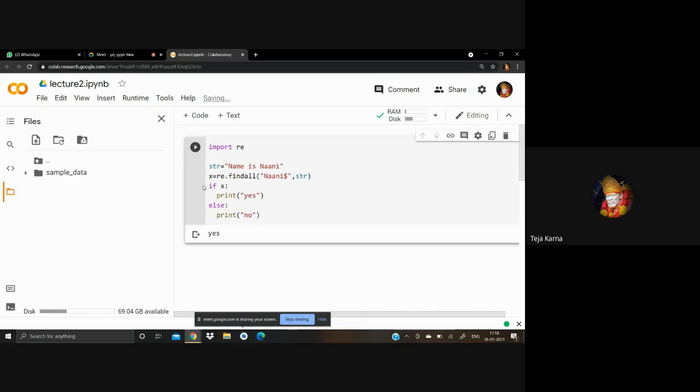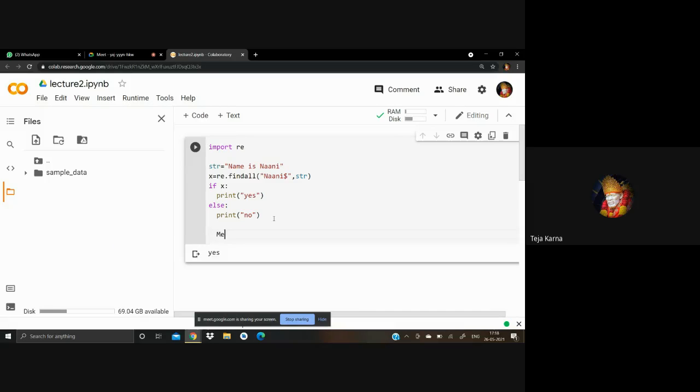After that, if you want to find zero or more occurrences in a string, you have to use this star. Okay, fine.